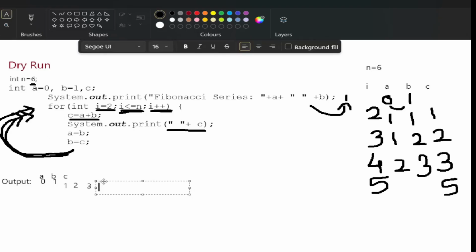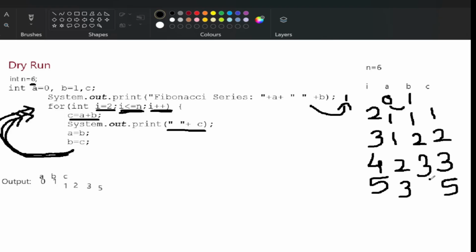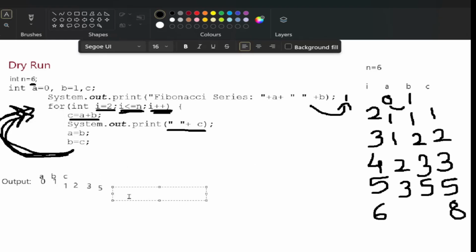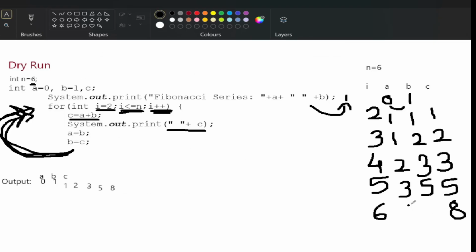ठीक है, ये C को आएगा 5, फिर नेक्स्ट लाइन पे अब जब जाएंगे हम A इक्वल्स टू B, मीन्स B की जो वैल्यू है 3, वो 3 आएगा A को, और C की जो वैल्यू है 5 वो आएगी B को. फिर I प्लस प्लस होगा, I की वैल्यू क्या है 5, वो प्लस प्लस होके 6 हो जाएगा. 6 होने के बाद 6 is less than 6 है क्या, और इक्वल टू 6 है क्या? लेस देन नहीं है पर इक्वल टू तो है. फिर नेक्स्ट लाइन में आएगा, मीन्स inside the loop C इक्वल्स टू A प्लस B, that is 3 प्लस 5, 3 प्लस 5 is 8, then in the output it will print 8. After 8, A इक्वल्स टू B, B की वैल्यू आएगी A को, C की वैल्यू आएगी B को, that is 5 8, और I प्लस प्लस होगा, फिर 6 का हो जाएगा 7.